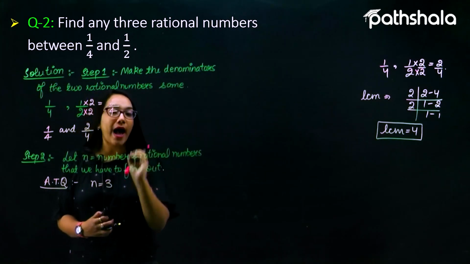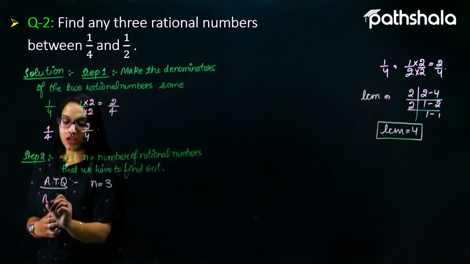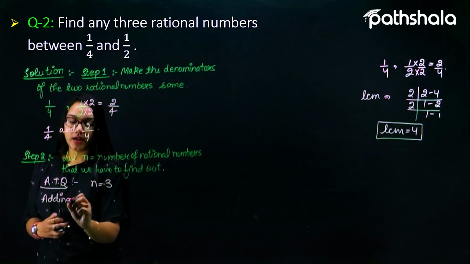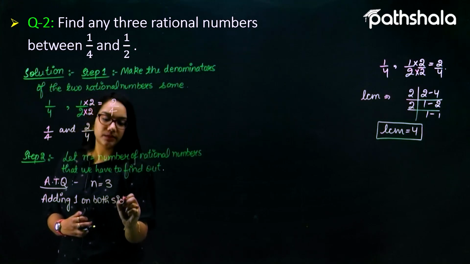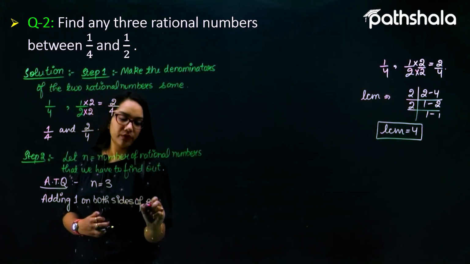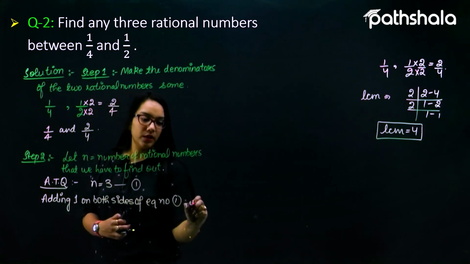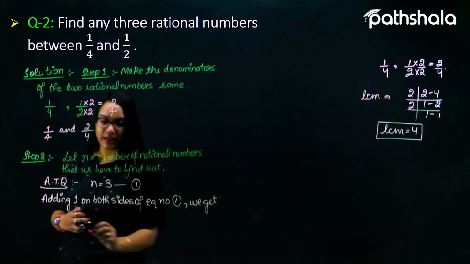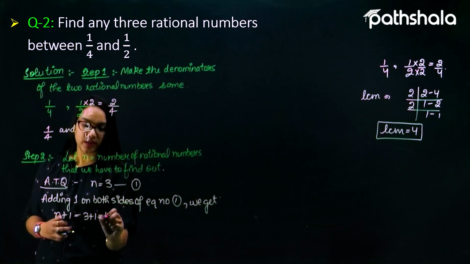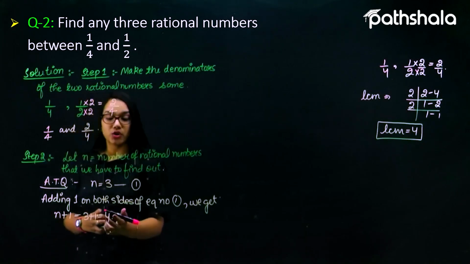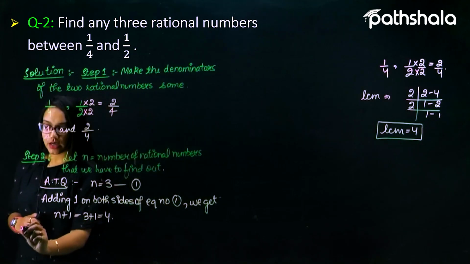Now we have to add 1 on both sides of equation number 1. This is, let us suppose, my equation number 1. We get n plus 1 is equal to 3 plus 1, which is nothing but 4. Now this 4 is really important for us because step number 3 says,